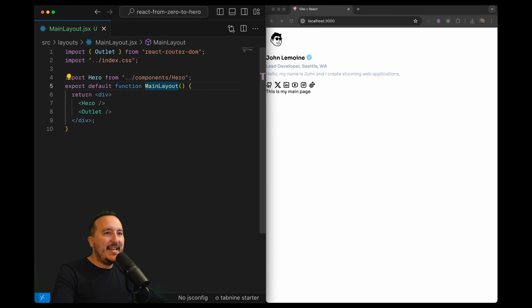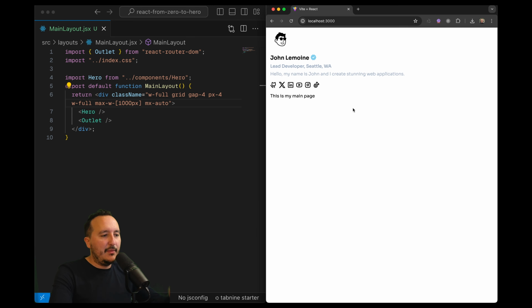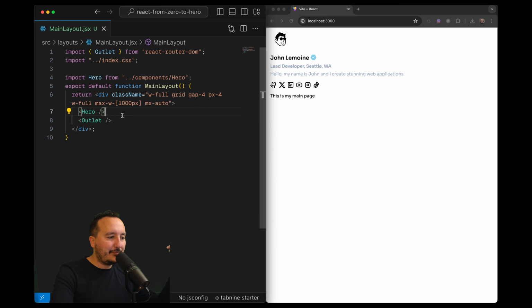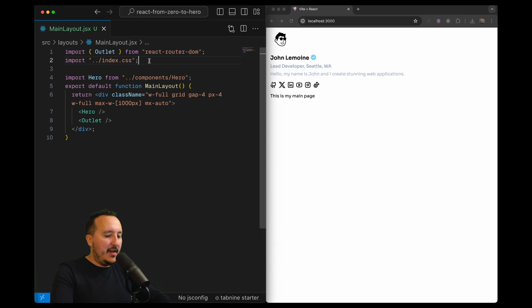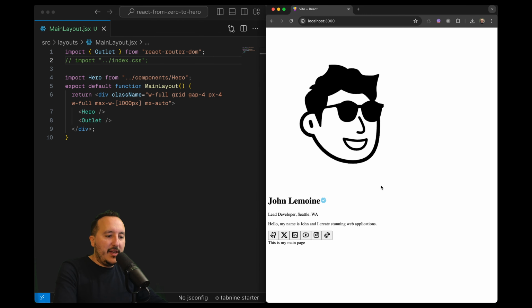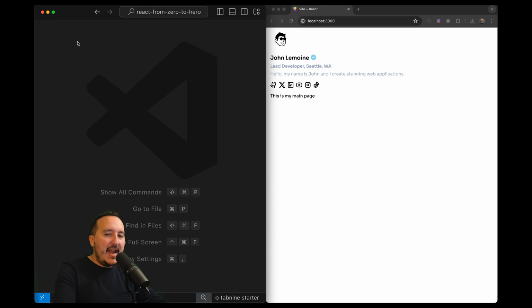Okay, so now I got this layout, I can apply some custom style, and I can use Tailwind CSS. So here I can put some spacing, maximum width, the grid, the gap, et cetera, that is related basically to this layout. And we can see that in this layout there is some style that is applied. If I hide index.css, the style is going to be removed. So we can see here that the style has been removed, which means that if I create a new layout, and this is what we're going to do now,